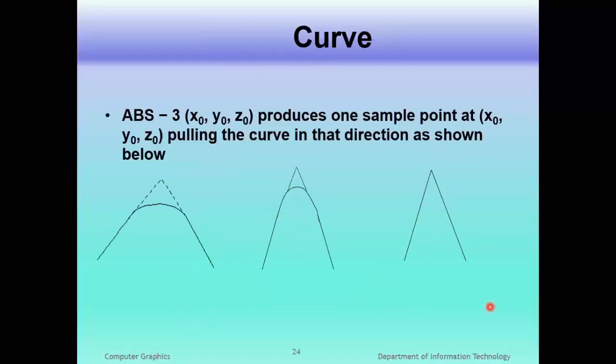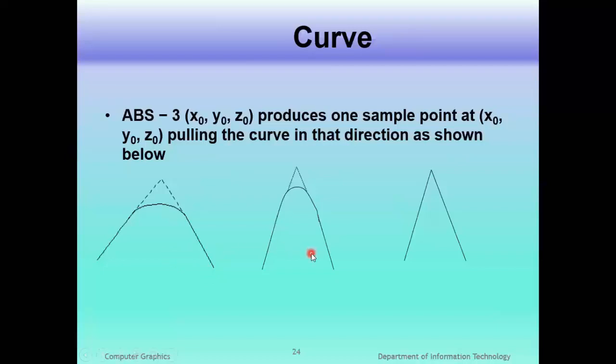A set of blending functions which takes this approach is called B-splines. Basically, spline means a strip which we have to move around the sample points. Generally, the B-spline blending functions were designed to eliminate the sharp corners in the curve, and the curve does not usually pass through the sample points. But if we need sharp corners, we can produce them by using many identical sample points,